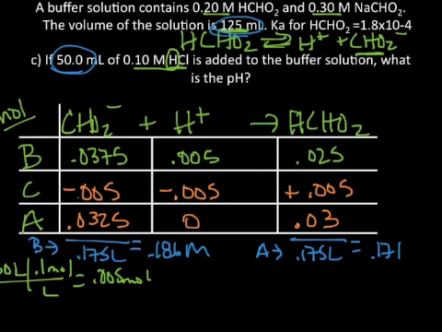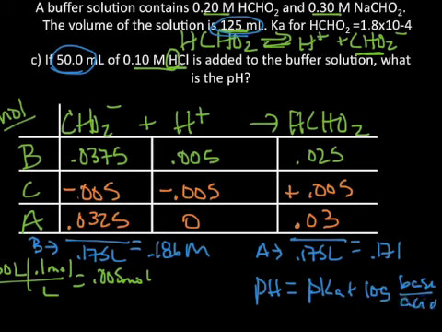Again, you can take those now, put them into an ice table, and calculate your H plus from there. I like to use Henderson-Hasselbalch, so that's what I'm going to do here. So pH equals pKa plus log base over acid. pKa, same from the other problem, still the same acid, 3.74, plus log base, 0.186, over acid, 0.171. Running out of room down here at the bottom. Okay, so pH calculation goes to